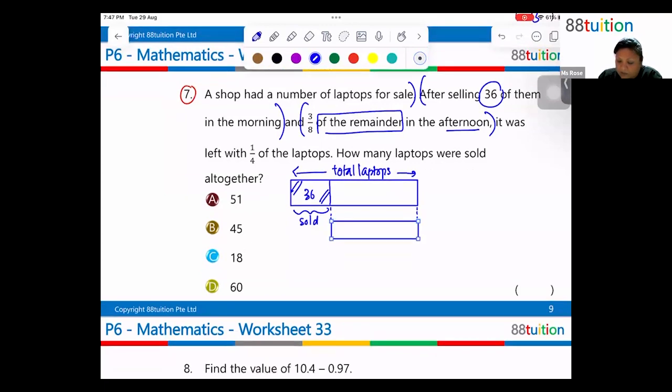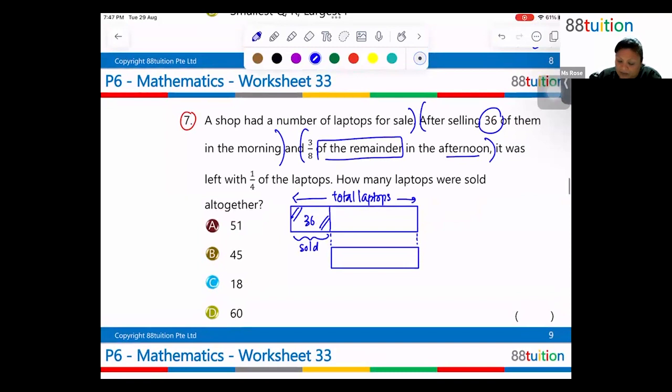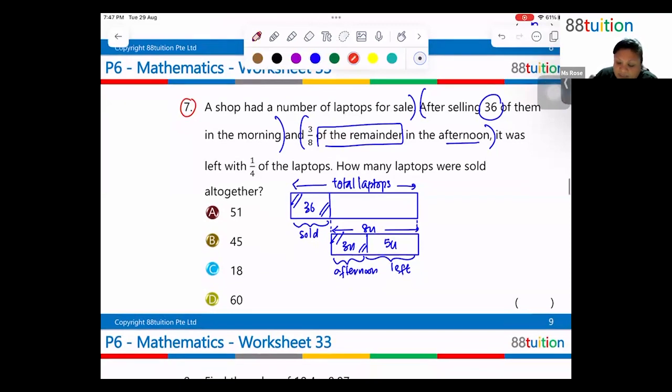Okay, so we have 8 units. 3 of them were sold in the afternoon. Then what you left with, this 5 unit is what's left. And this 5 unit happen to be 1/4 of the total. So that means 1/4 of the total is 5 units. So what does that mean? That means if I were to find 1 whole,